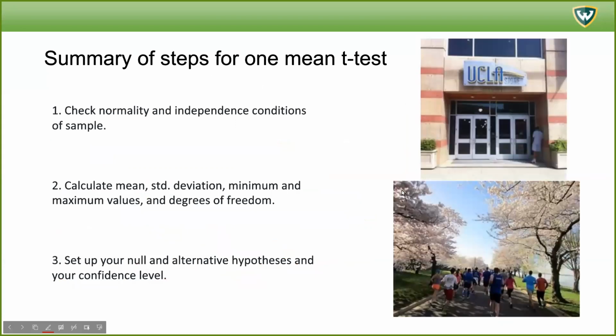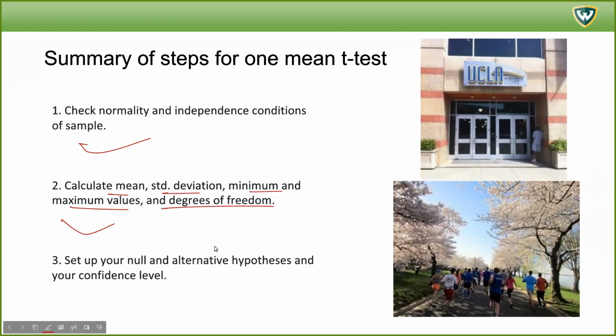And then here I have just a summary of the steps. So to wrap it up, check normality and dependence conditions of the sample. Always you need to know what the random sampling process was, and if it was valid, then it's good. And then you can check the normality based on other knowledge about the domain and the sample statistics itself. We calculate the mean, standard deviation, minimum, maximum values as usual, and degrees of freedom,